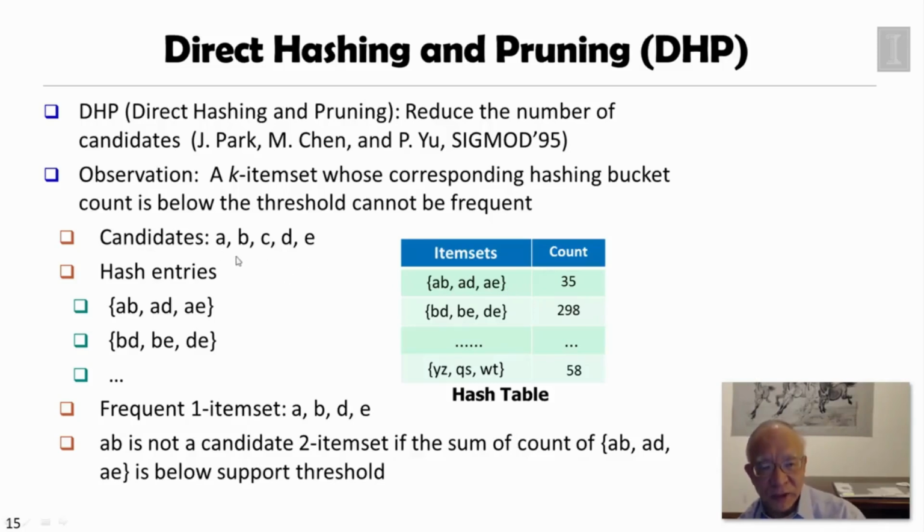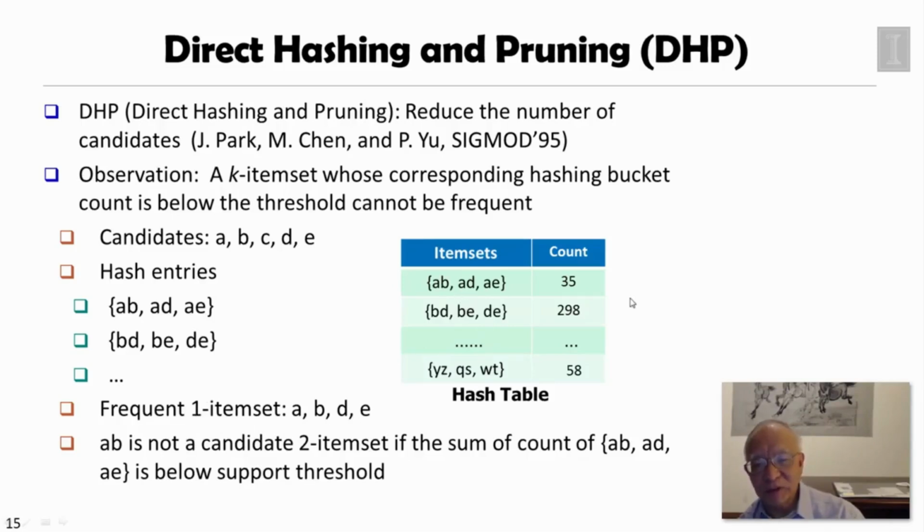While you are deriving the frequent one item sets, in the meantime you set up a hash entry for the potential two item sets. But why set a hash entry rather than count each one? Because there could be many, many distinct items. So the candidate two item sets, before you get the frequent one item sets, could be really, really big. But if you let several item sets share one hash entry, the whole hash table will not be too big. Then the interesting thing is, while you derive frequent one item sets, you can also cut many two item sets.